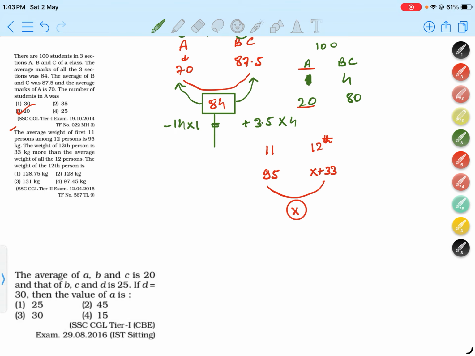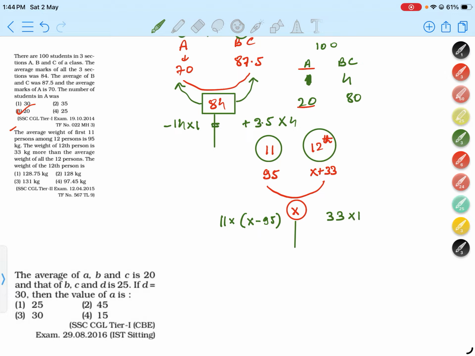So to solve this, let us use the method of deviation again. Here we can see that this 95 is x minus 95 lesser than x, and that too on a total of 11 units. So it will be 11 into x minus 95. Similarly, over here it is x plus 33, so it is 33 units more over a singular unit. This 12th is only there to indicate one person in the 12th position, so this is only